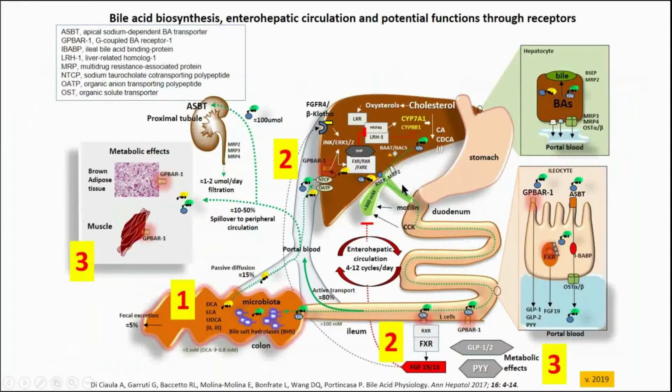Now this is a complex scenario that we contributed to depict. The bile is stored overnight in the gallbladder, flows into the intestine during digestion and a little bit during fasting, and is transformed into secondary bile acids. They go back to the liver with complex regulatory mechanisms, but also peripherally with metabolic mechanisms. And already in the intestine and the periphery, they act on receptors like GP-bar1 or the nuclear receptors, farnesoid X receptors, all with metabolic effects.